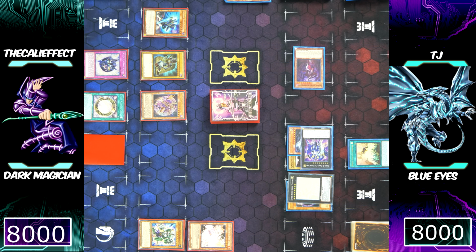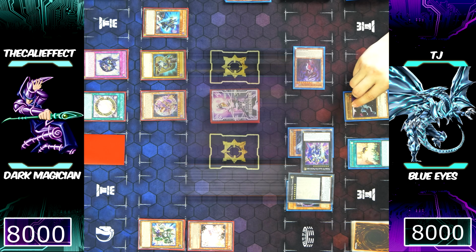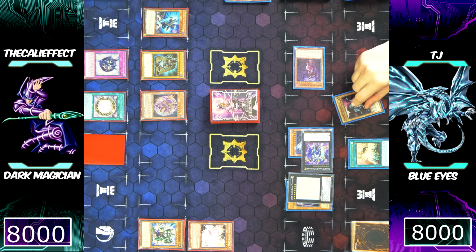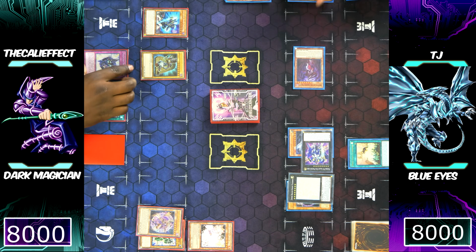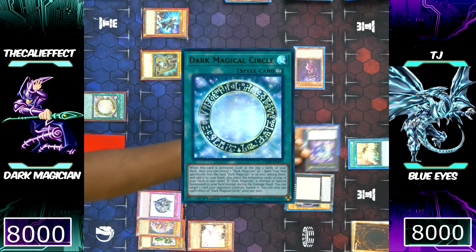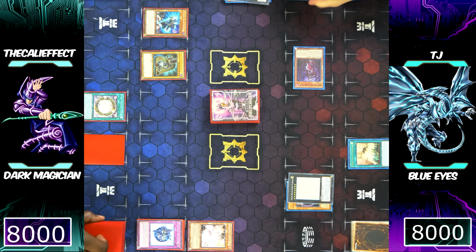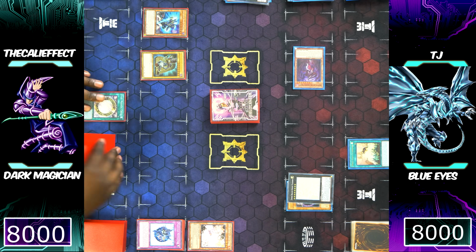You could say this is somewhat of a mistake because TJ's going to use his Number 90 Galaxy-Eyes Photon Lord to negate my Princess Illusion Magician search, and that's not only going to cost me a monster on my board, but the potential to boost another one of my monsters' attack strength stronger than what TJ can make. So he obviously could still negate it with the effect of his Photon Lord, so it's not necessarily a heavy loss. And then I think he used it because he already knew Dark Magical Circle was going to banish his monster. So the more you think about it, depending on what TJ could have put on the board,